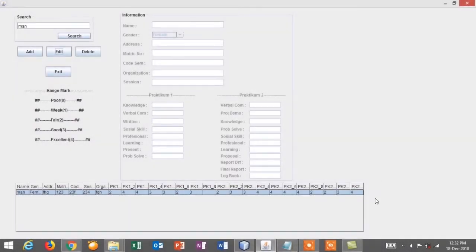This is our interface for the system. We have a search button, add button, edit button, delete button, and exit button, to exit from the system interface. And we have an information section for the student, to insert their details: name, gender, address, matric number, course code, organization, and